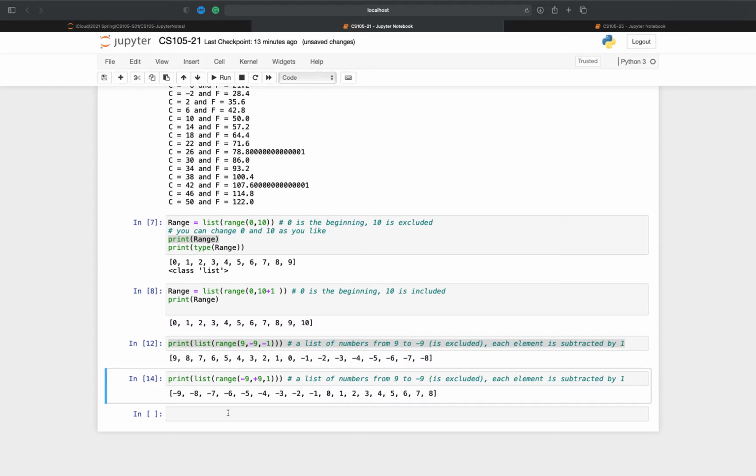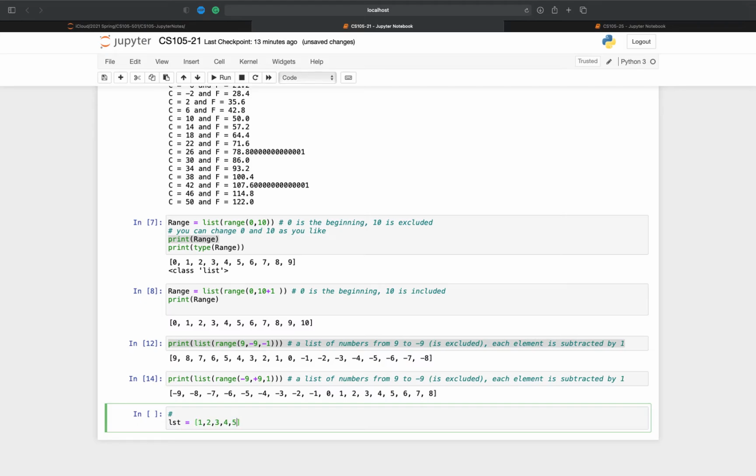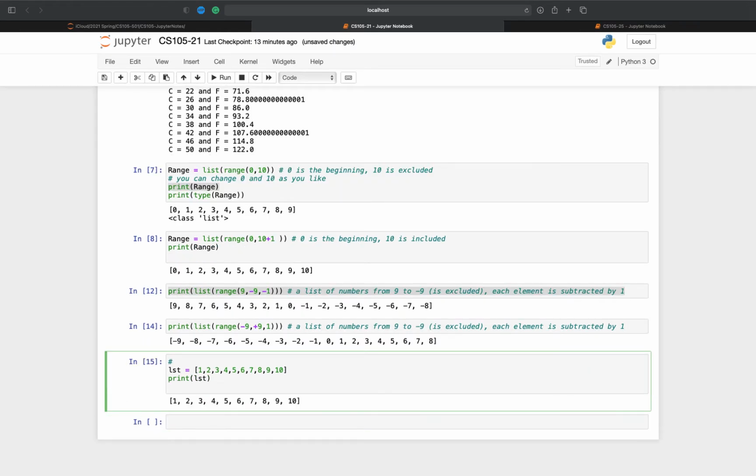So for the example, I'm going to create a list, let's call it LST, 1, 2, 3, 4, 5, 6, 7, 8, 9, 10. Then I'm going to print LST to see what I have. Good, everything is fine. Now I'm going to say for I in